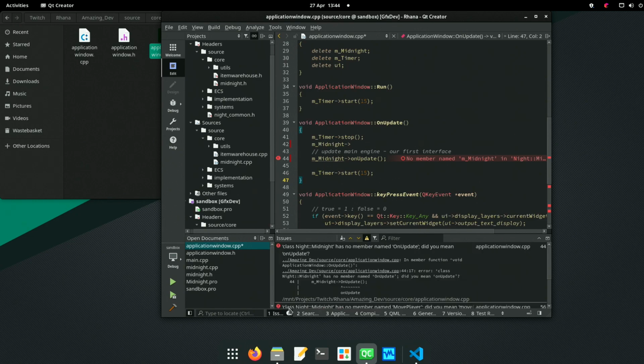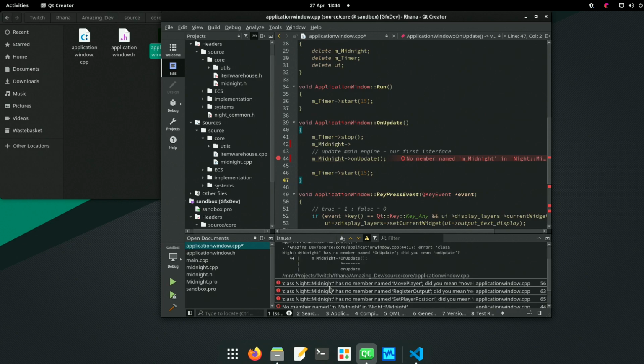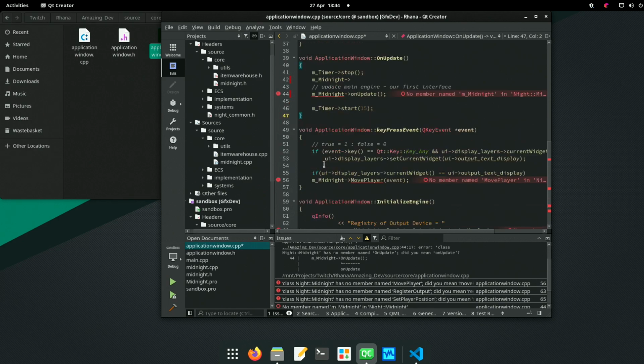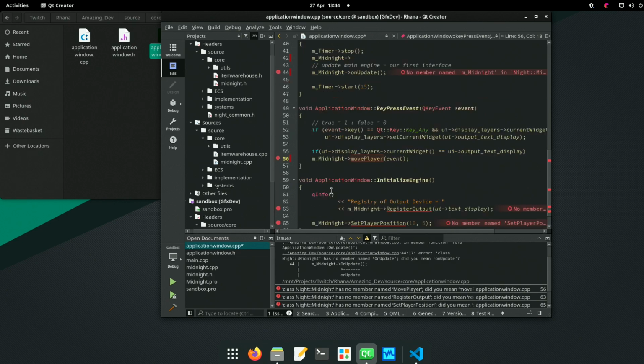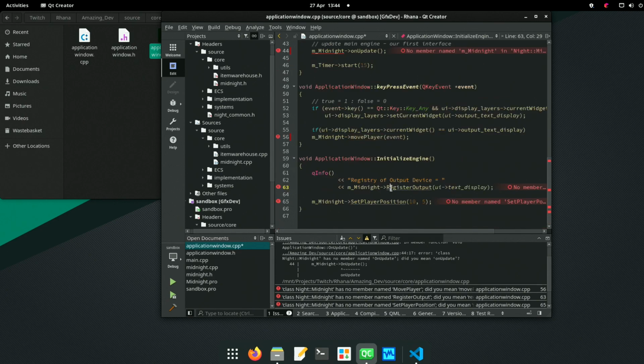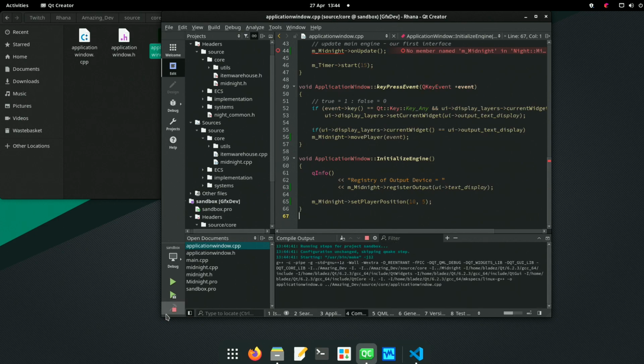So now we can have a look at these issues. Gotcha. I changed it all, didn't I? If we look down here, I changed all the capitals to lowercase. So that's an M. That's an R. That's an S. Okay, let's try that again.